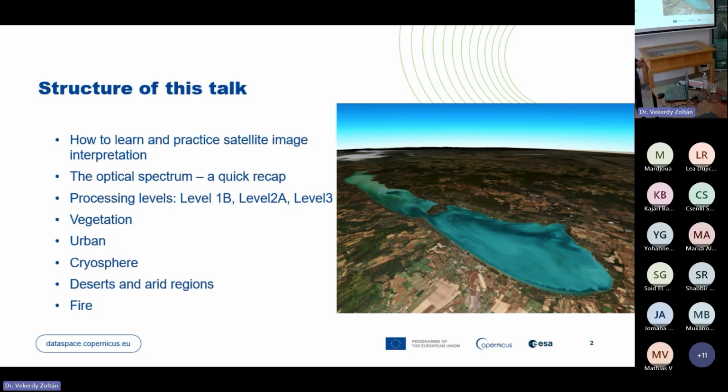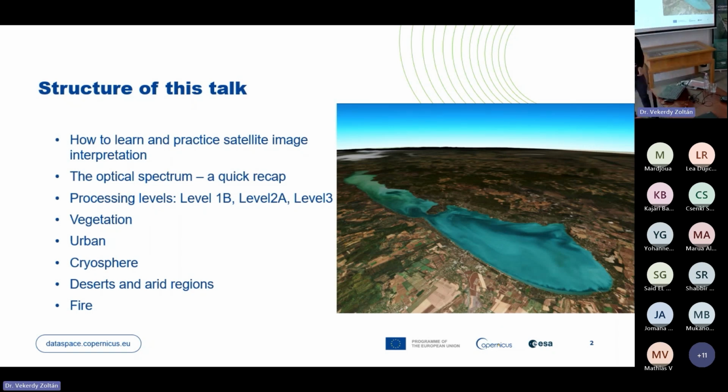Then we want to talk a bit about the optical spectrum, just to remind ourselves about how optical or electromagnetic radiation works, which bands we have, how individual satellites are placed along the electromagnetic spectrum. Then we will talk about different processing levels for Sentinel data. I think this is going to be familiar already, but it's nice to